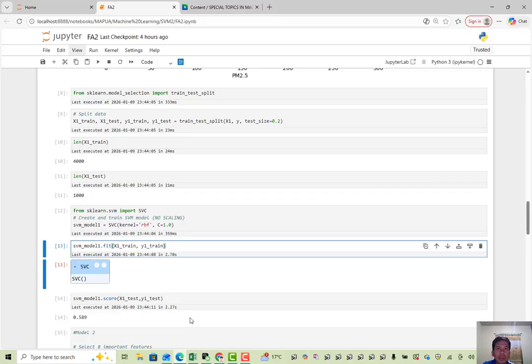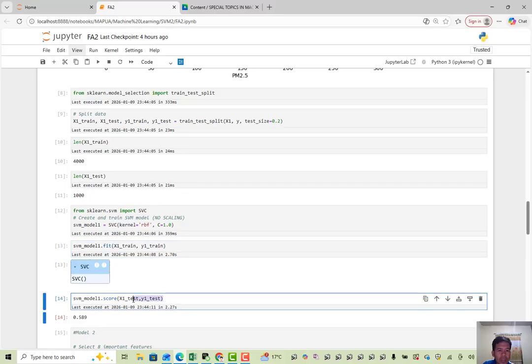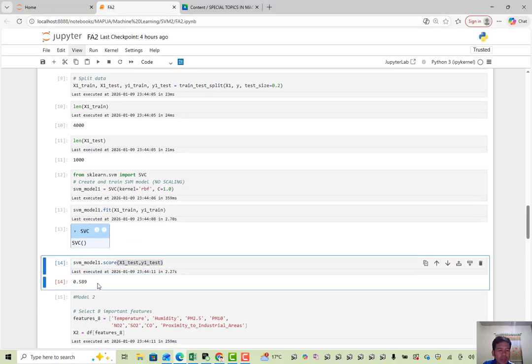Then I calculated the accuracy on the test data, and for the first model we achieved an accuracy of 58.9.